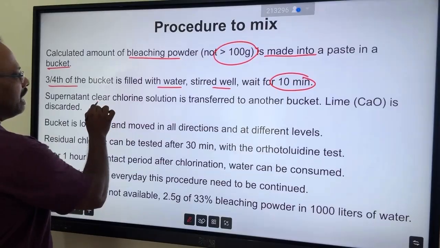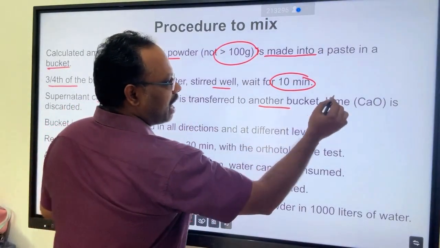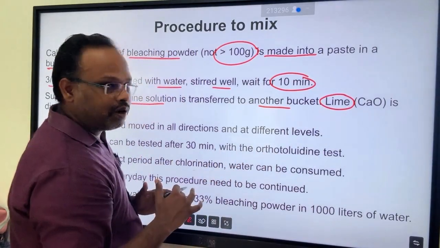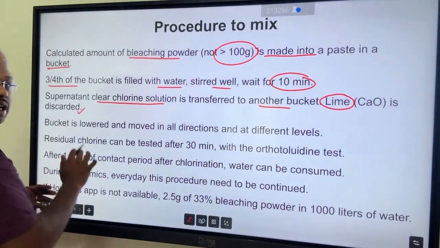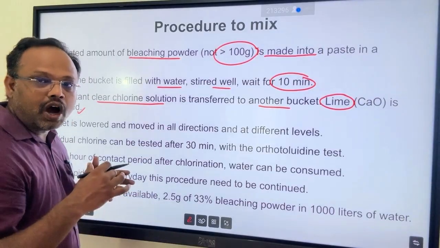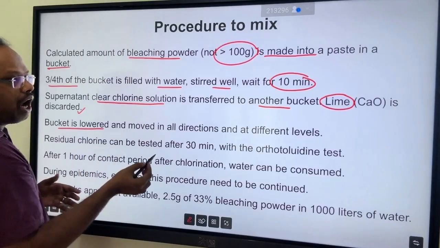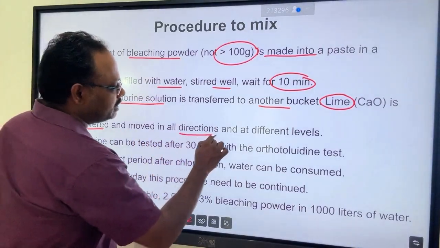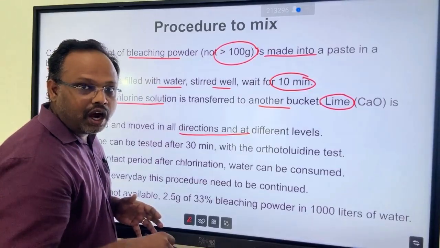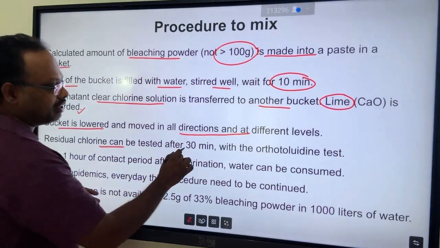The supernatant clear chlorine solution is transferred into another bucket. The lime which is present at the bottom of the bucket should be discarded and should not be put inside the well, as it increases the hardness of the water. Then the second bucket which we took should be lowered and moved in all directions at different levels. That is, we need to move vertically and also laterally. The residual chlorine can be tested after 30 minutes